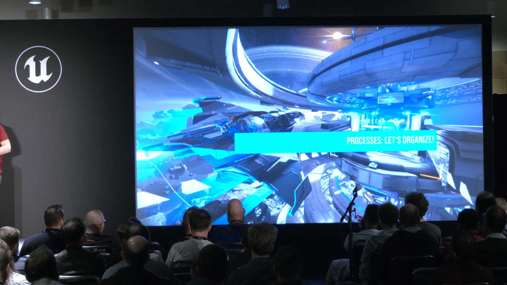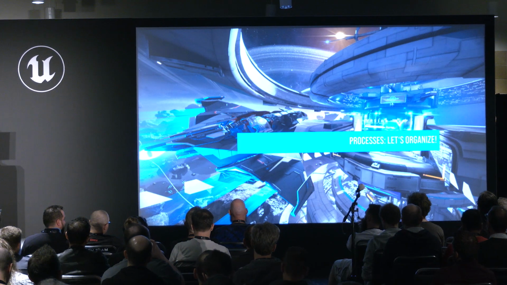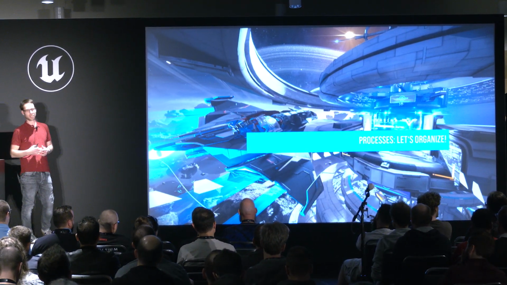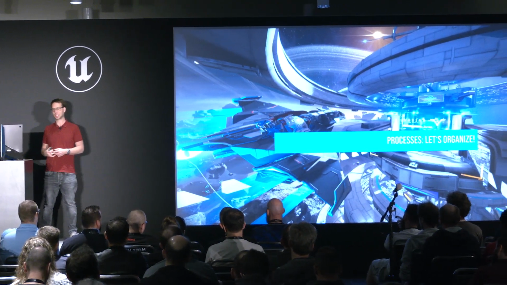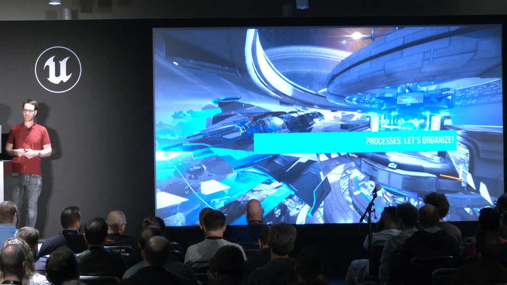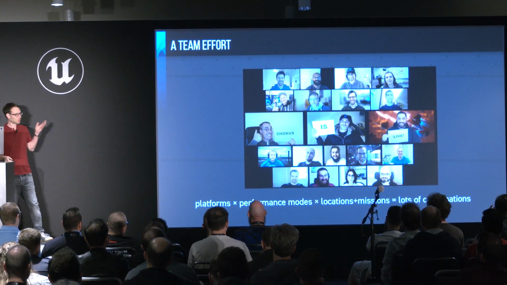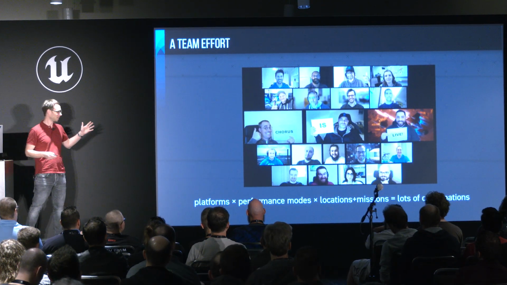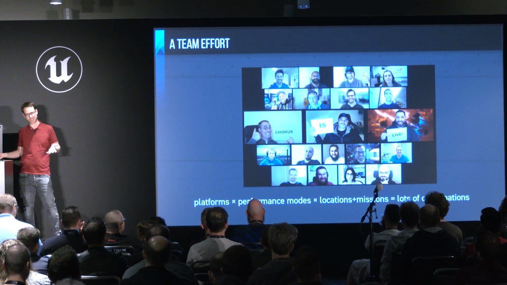All right, now that we talked about all of that stuff, let's get into optimizing this. And as I said, the first step is to organize around this, make sure that everybody is working on the right thing and that we are all pulling in the same direction. It's kind of hard to get a team photo together in times of COVID-19, so we kind of had to improvise here. It's also not the whole team. There were lots more people involved.